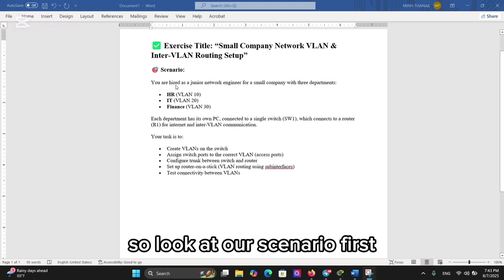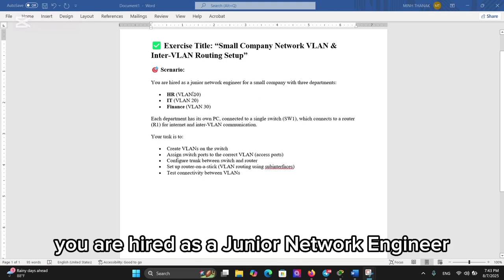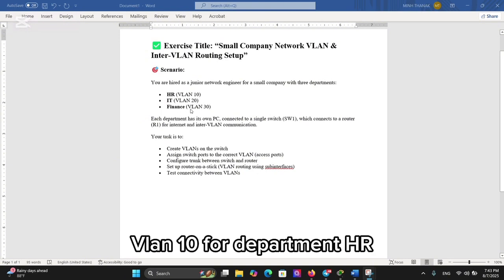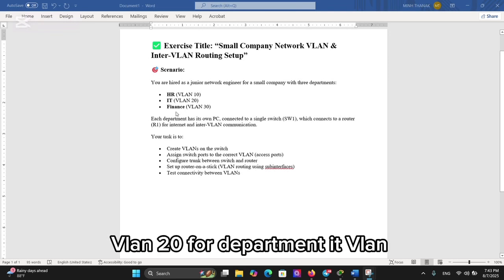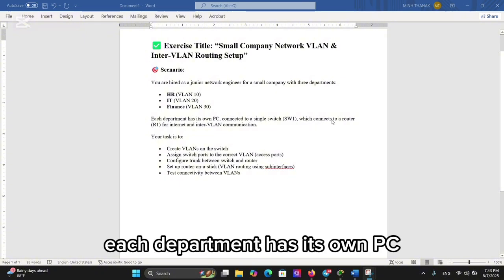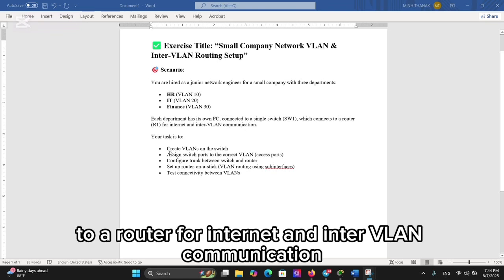So look at our scenario first. They said that you are hired as a junior network engineer for a small company with 3 departments. VLAN 10 for department HR, VLAN 20 for department IT, VLAN 30 for department finance. Each department has its own PC connected to a single switch, which connects to a router for internet and inter-VLAN